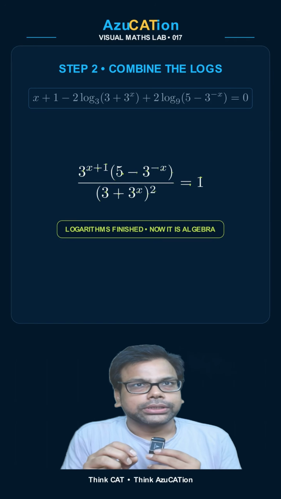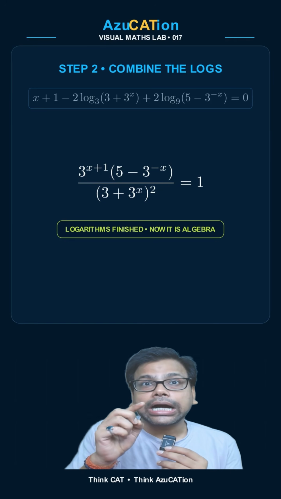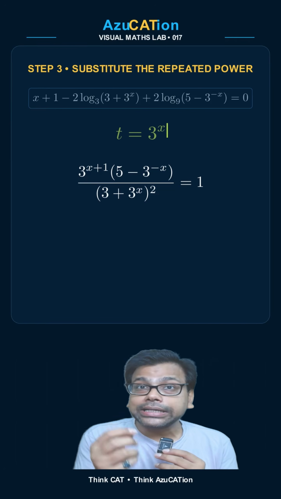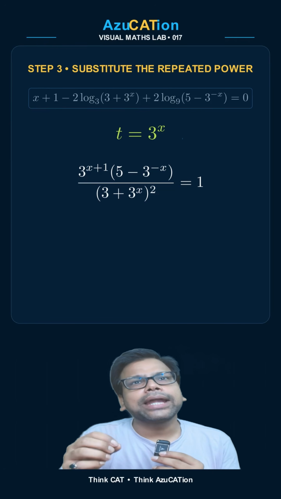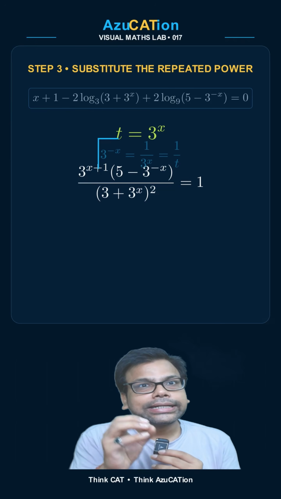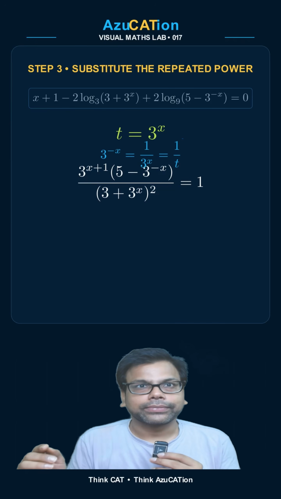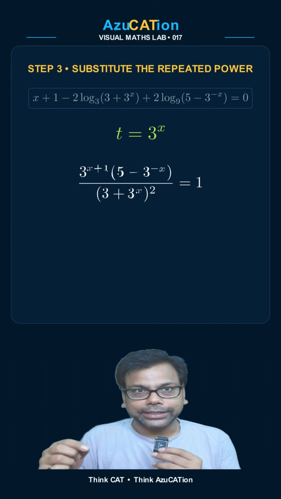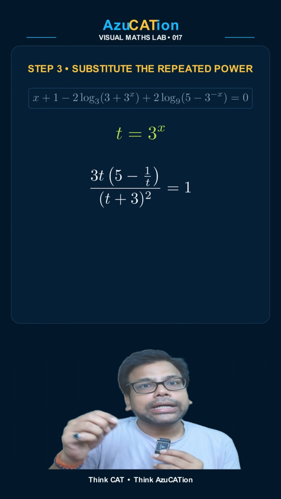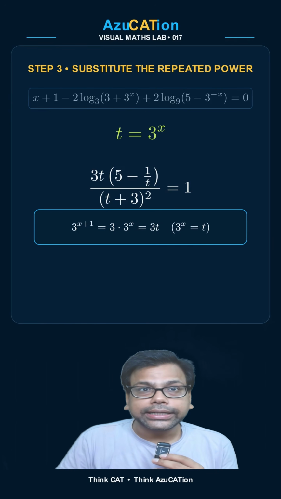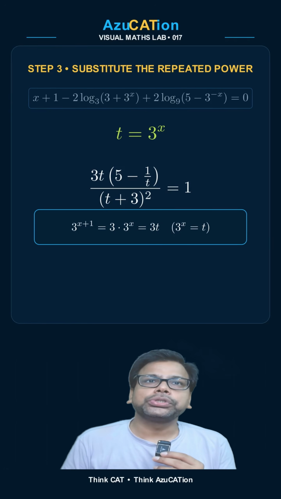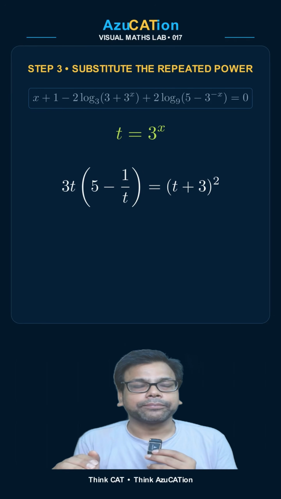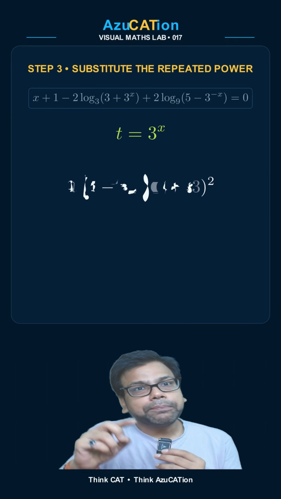Now look at the equation. We have 3 raised to power x appearing again and again. Whenever the same exponential expression appears again and again, a substitution can make the equation much easier. So let t is equal to 3 raised to power x. Then 3 raised to power minus x becomes 1 divided by t. And 3 raised to power x plus 1 becomes 3t. Substituting these values, our equation becomes 3t multiplied by 5 minus 1 by t is equal to t plus 3